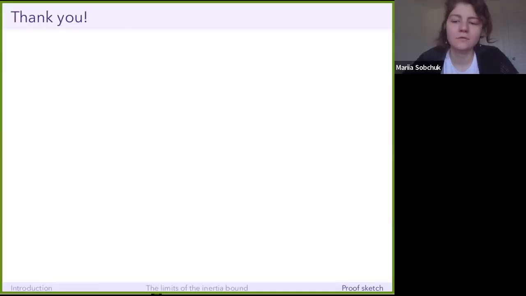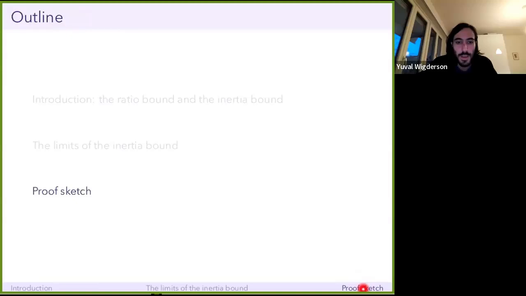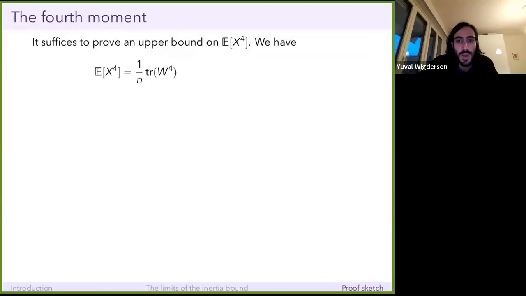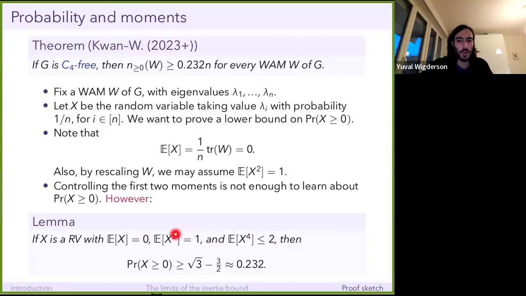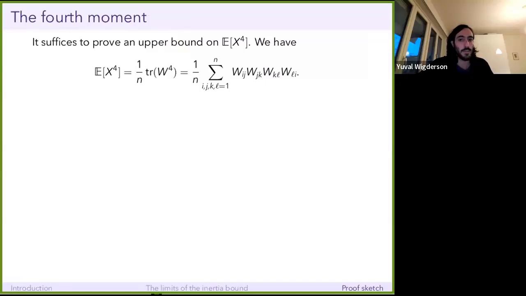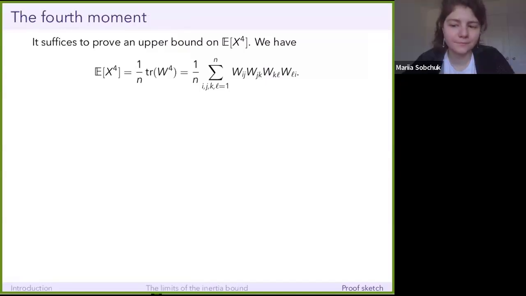Basically, the problem is that somehow you naturally encounter something like this. If you try to apply the third moment, there is a version of this lemma with the third moment, but you have to put absolute values in here, so the absolute value of x cubed. And then when you expand that out, you don't get a sum like this that has stuff about triangles.